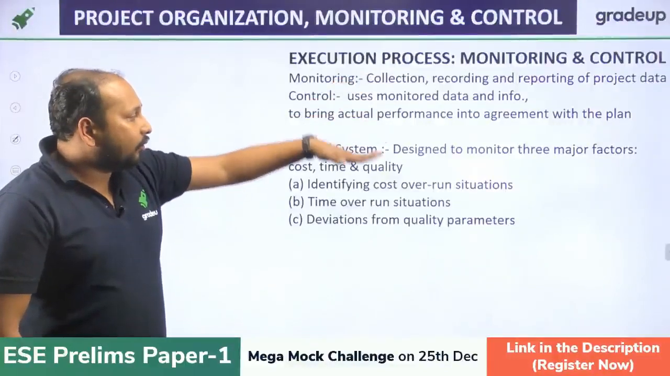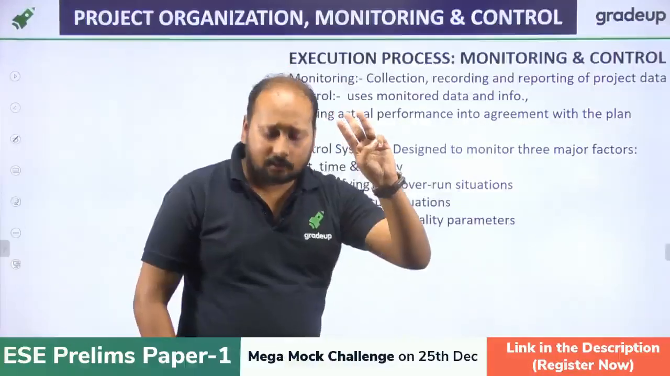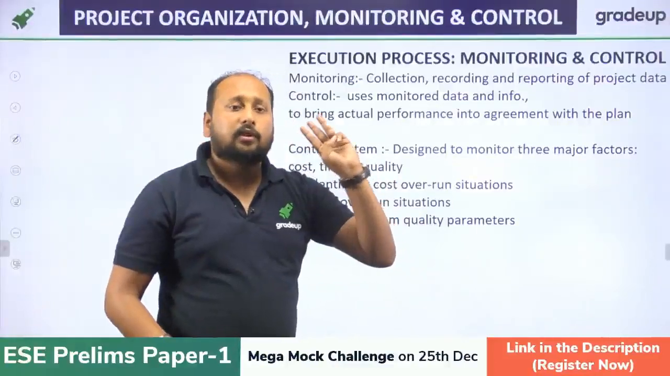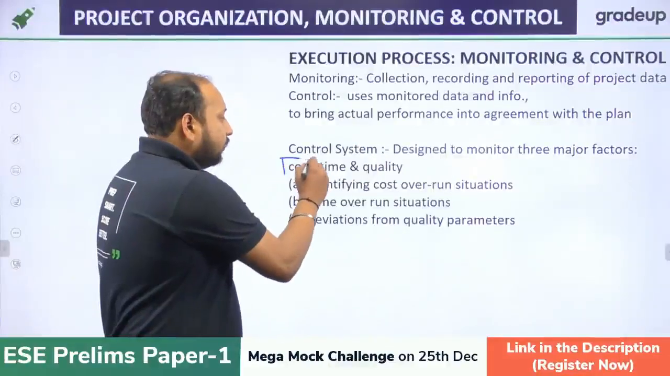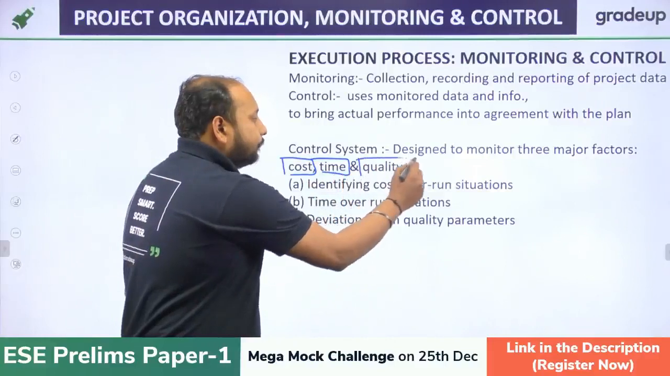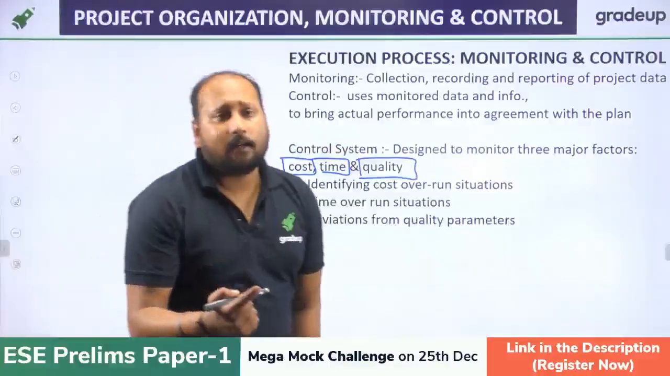Now, basically, the control system has 3 major or important things which you should know: cost, time, and quality. The main aspect or aim,